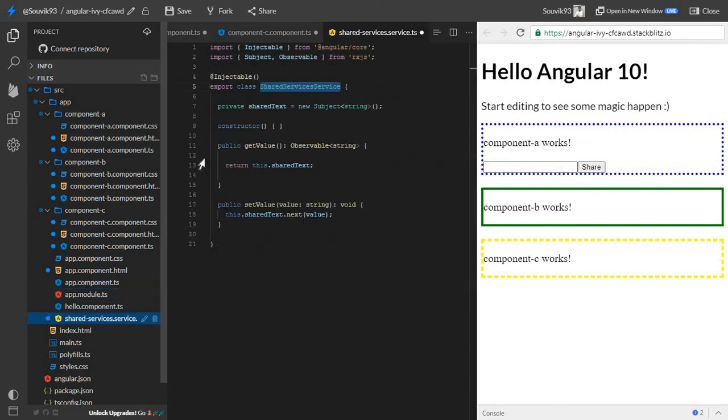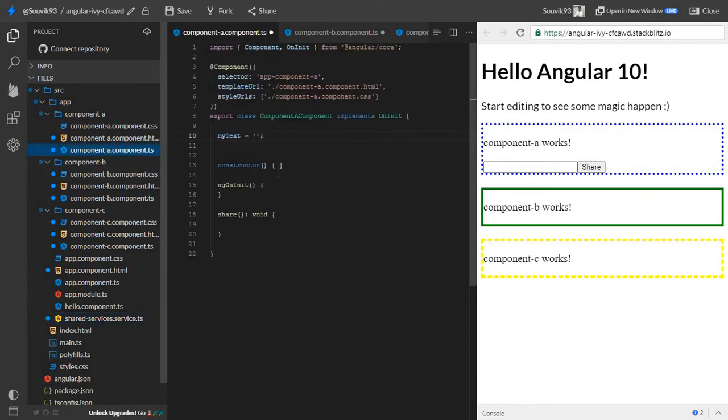So now I'm done, I created my service. I need to call the get method. Since we are getting those values in components B and C, I need to call the getValue method there, and from A I need to call the setValue method to set the value of the subject. So let's set it first. How can we do this? Let me open the component A TS file. This is my component A TS file. What I will do, I need to initialize that shared service, so it should be private.